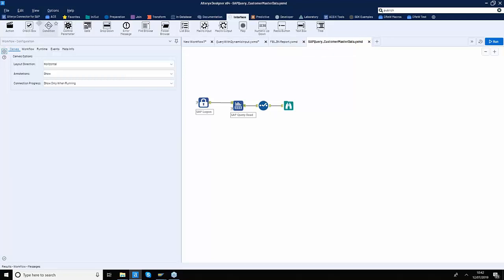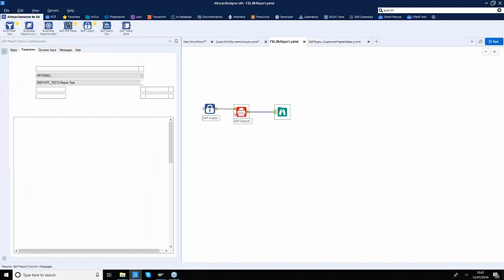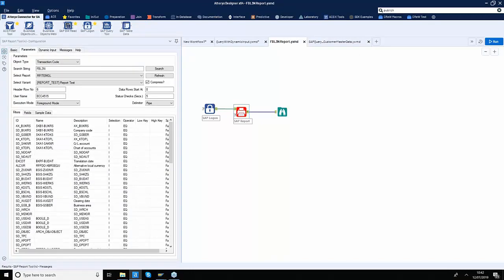Now let me also talk about a couple of other tools that Darren mentioned. One of those tools is the reports tool. If you want to hit your SAP ECC system, then obviously the table tool is one of the ways that you can go, really powerful. But we also have a tool called the SAP reports tool. In this case, you can type in the transaction codes or the ABAP report name, and it does not matter whether these transaction codes and ABAP reports are custom or SAP specific. You may have designed them in-house, or they may have been supplied by SAP.